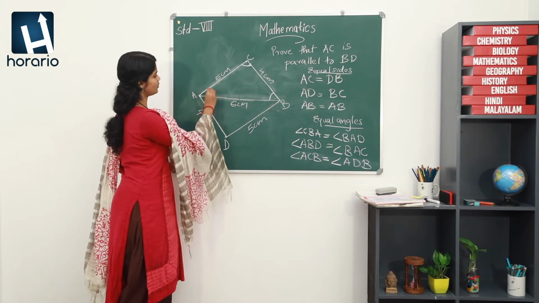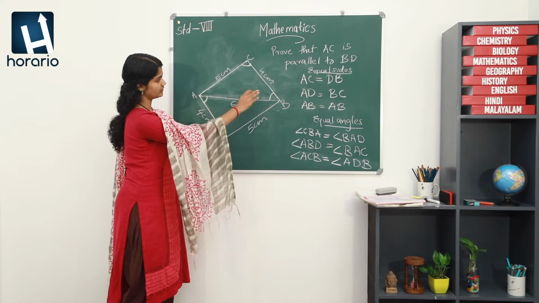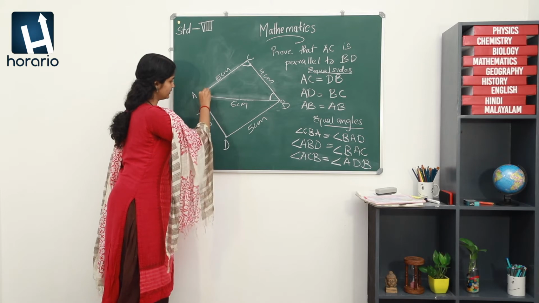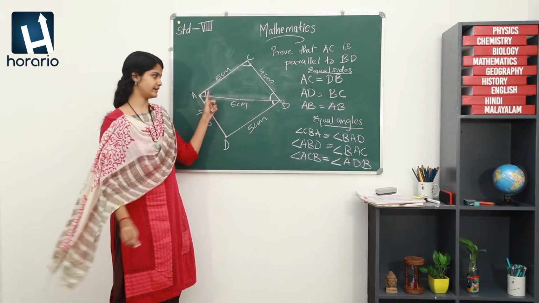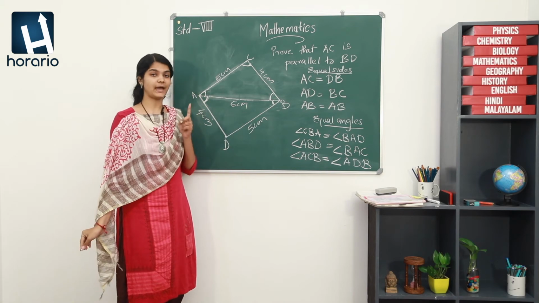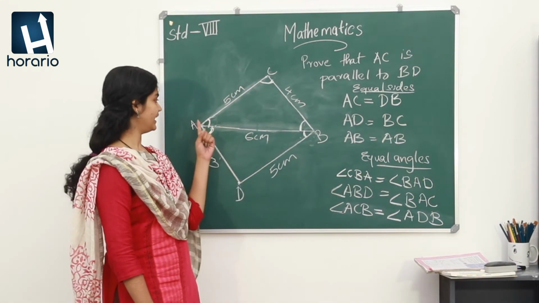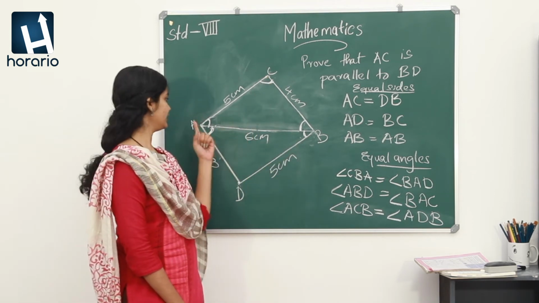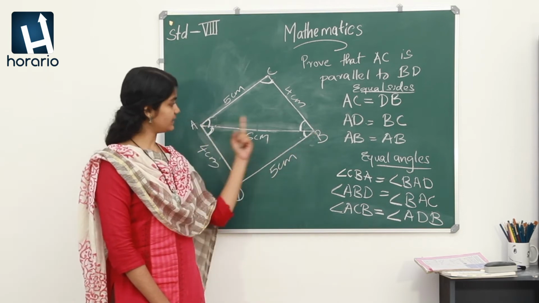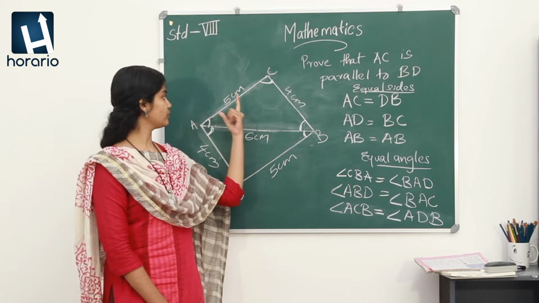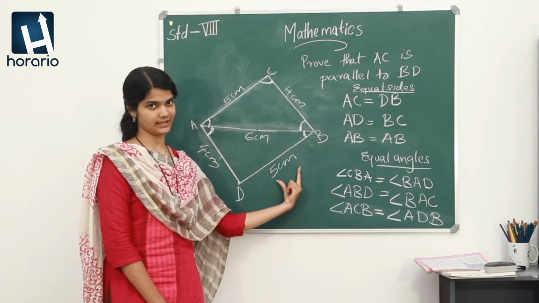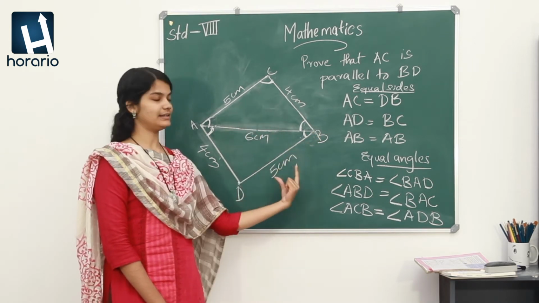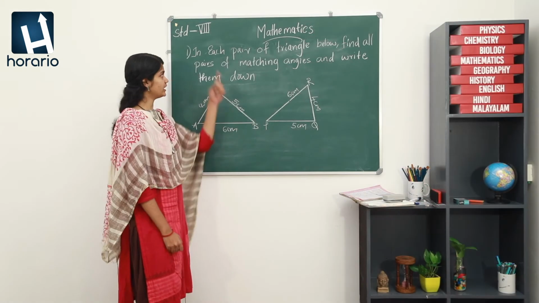Thus, it is also given that this angle is equal to this angle, and here this angle is equal to this angle. Therefore, they are alternate angles, and we have studied this in parallel lines. So, we know that angle ABD and angle BCE are alternate angles formed by line AB. And AB is the meeting line of line AC and BD. So, the angles are equal. So, we can say that AC is parallel to DB.